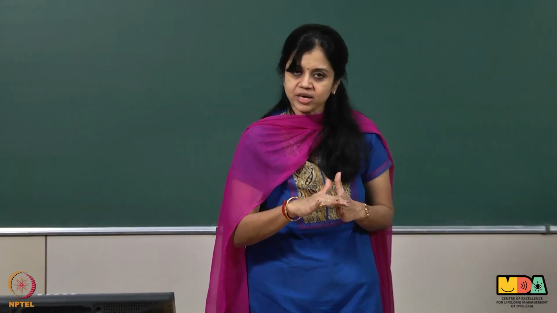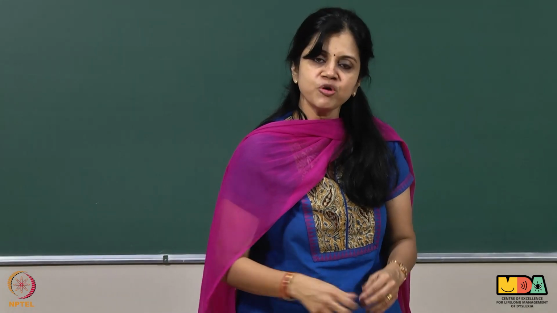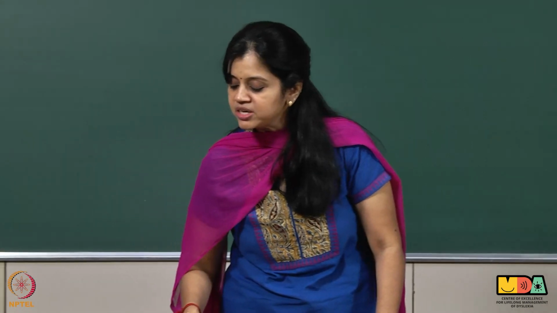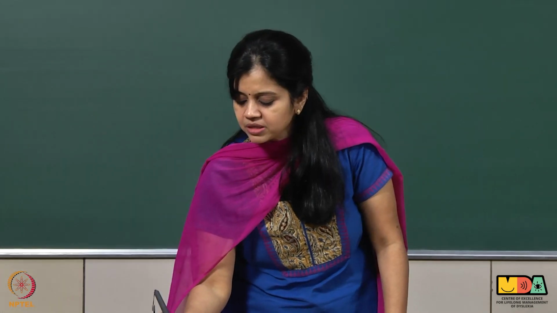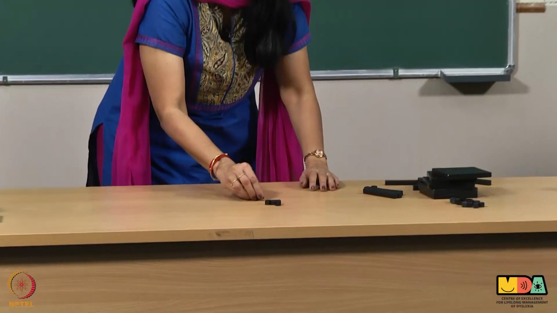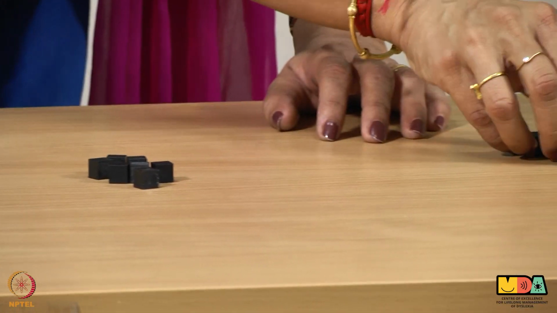This will be step 1. Here we do not ask them to note down anything in the notebook, but the next step would be to note down in the notebook as and when they start manipulating the manipulatives. So, let us take some other number, maybe 37 minus 29. So, now let us see how to subtract 29 from 37 using manipulatives. So, we need to have 7 over here and 3 in the tens column.